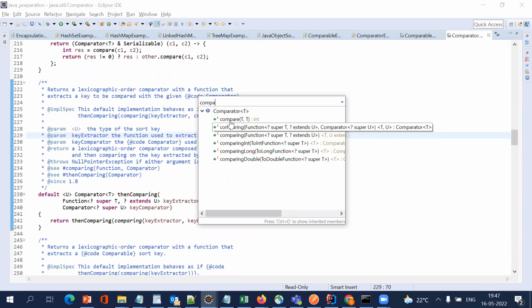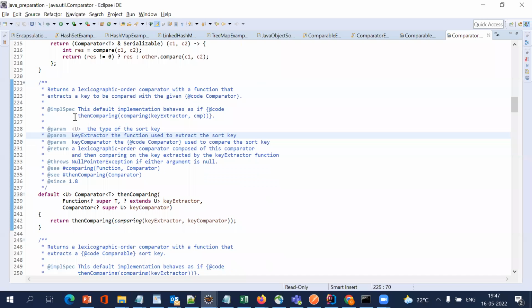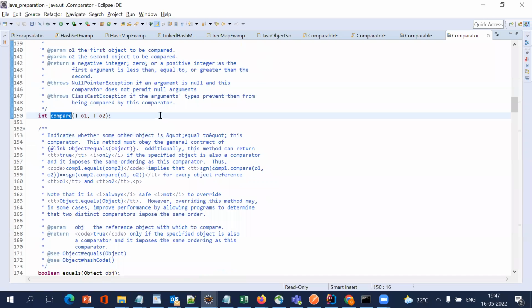Here I have the compare function. I will pass two objects, you compare between them, and it will give the result. So if we are going for this Comparator interface, we need to provide the implementation for this compare function, or else